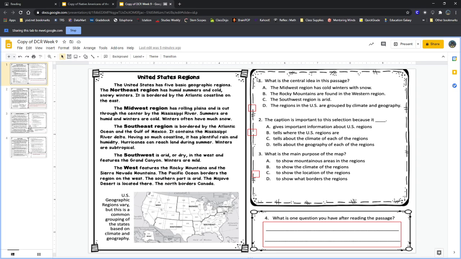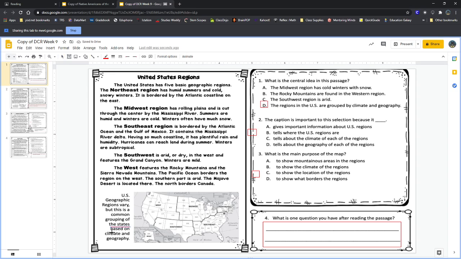Noah, what do you think? Think it's D. D, the regions in the US are grouped by climate and geography. I think you're right, Noah. That seems like a pretty good answer choice. And I can find some proof for it. If I look next to my photo, my caption, look at what it says at the bottom of the caption. This is a common grouping of the states based on